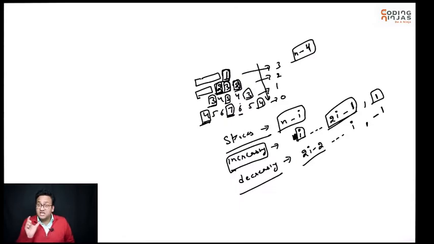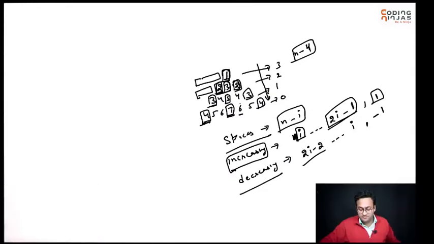You have some spaces, then an increasing sequence. For increasing, we had to figure out where to start from and where to end. For the decreasing, we had to figure out the same thing. Where should we start from, where should we end, right? So let's write code for this.